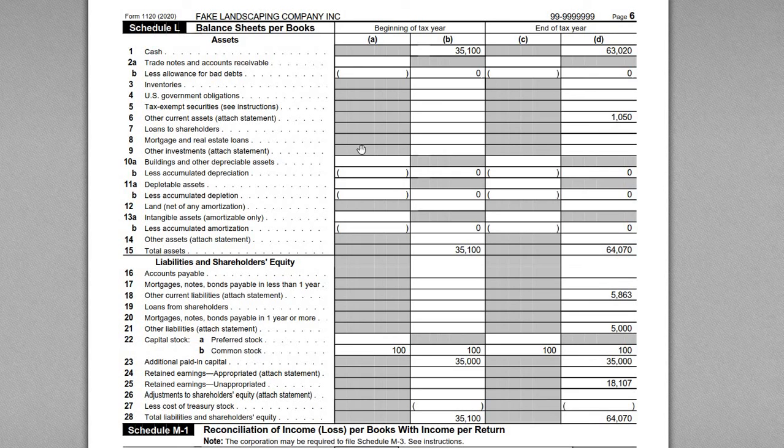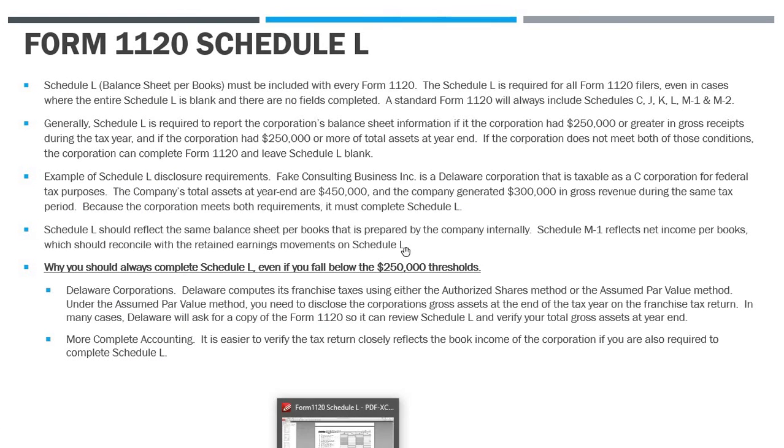Okay, so for this video, I want to cover the Schedule L balance sheet per books that's included with a Form 1120 corporate tax return. The Schedule L is required in every Form 1120 filing, but you can, under some circumstances, leave Schedule L blank. I've got an example Form 1120 and Schedule L here, and a slide which covers some of